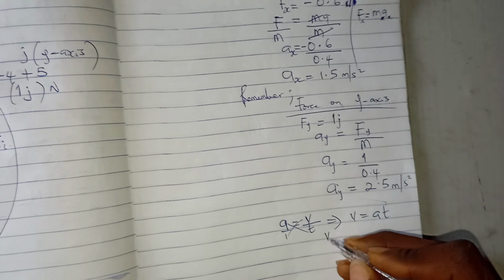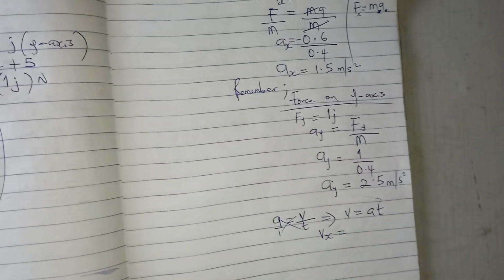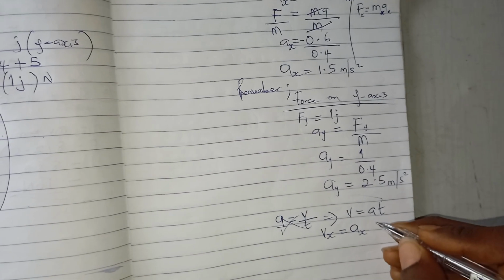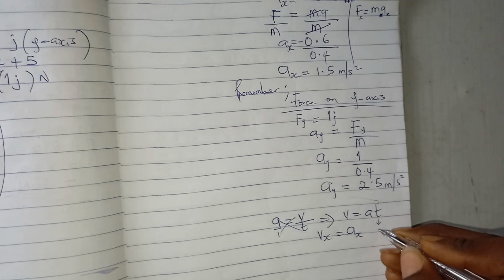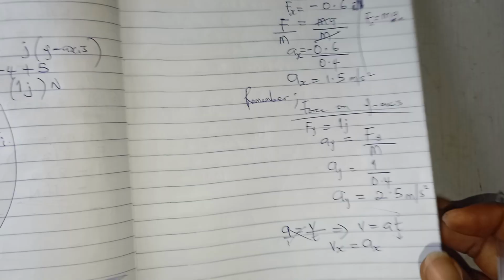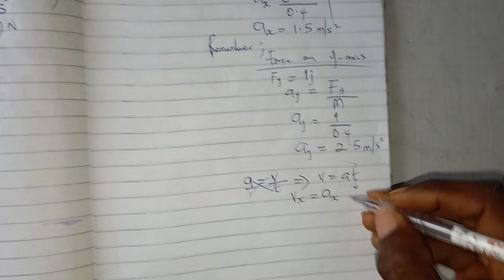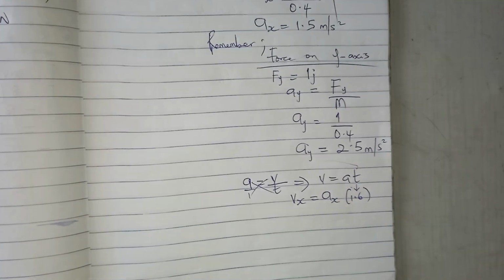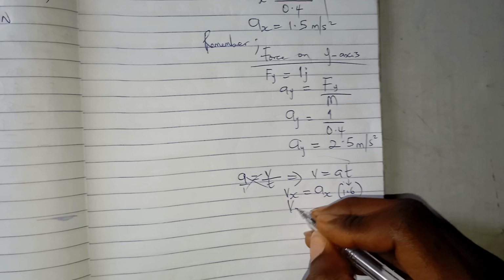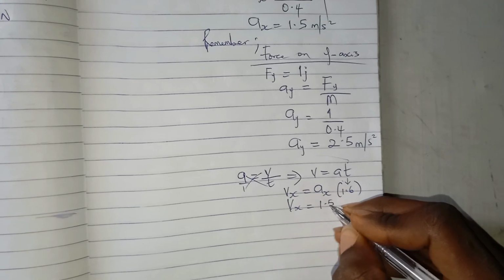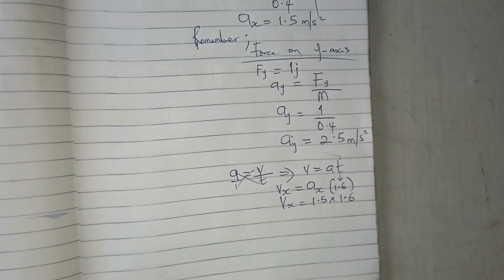So velocity on the x-axis will be equal to ax times time. Given that they are asking us to find this after 1.6 seconds, Vx is equal to 1.5 times 1.6,